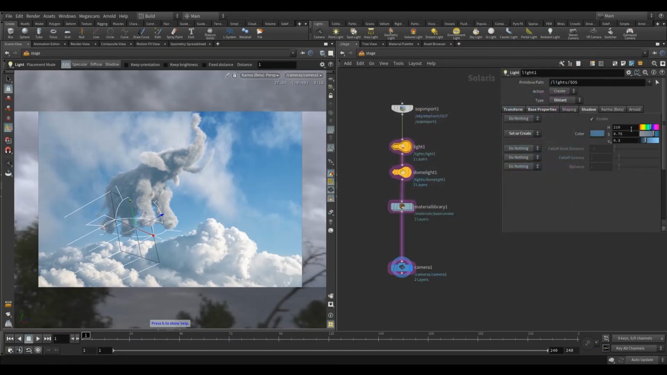It's not bad. Let me drop this down a tad, and make it a little bit darker. About there, that looks good. And then